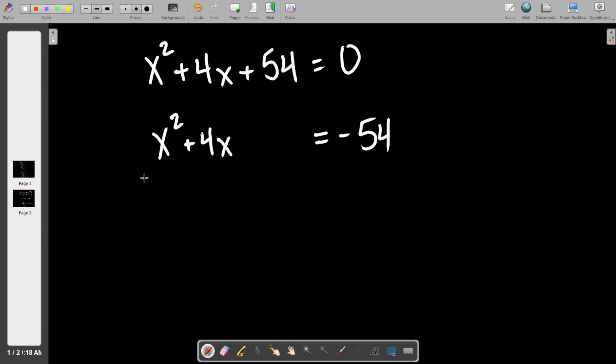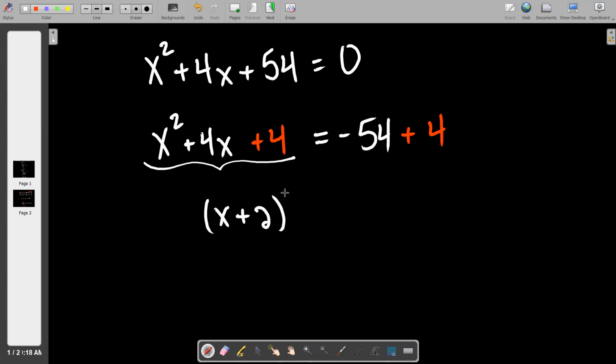Half of +4 is +2. What's +2 squared? 4. So I'm going to add 4, and of course, I'm going to add 4 here as well. And then I'm going to factor the left side down. This is my square. Doesn't look like a square, but it's a square. And when I factor it, it factors into x plus 2 squared. And then the right side,